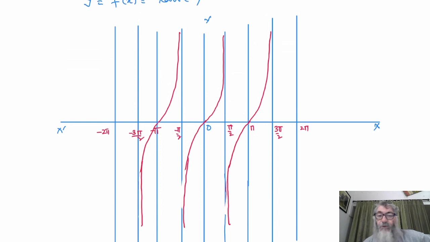Now notice in this curve that between pi by 2 and minus pi by 2, the curve is passing through 0, but at pi by 2 it is not defined. That means the curve is moving towards pi by 2, but it is never touching pi by 2. Similarly, it is moving downward toward minus pi by 2 if you see the curve, but it is never touching the line minus pi by 2.